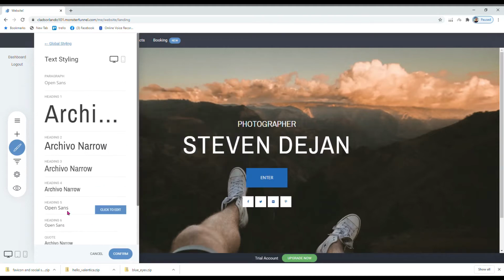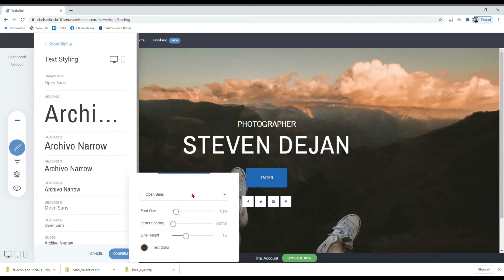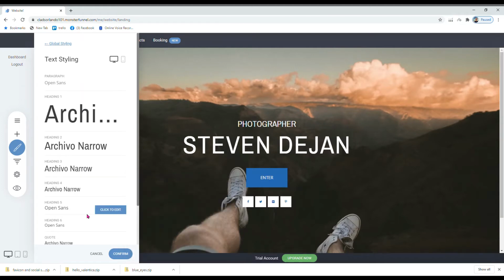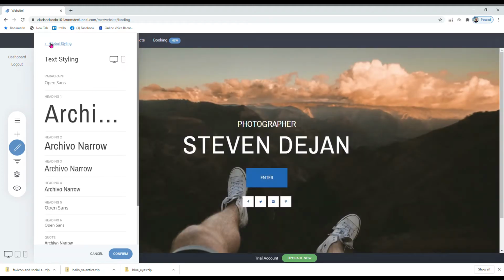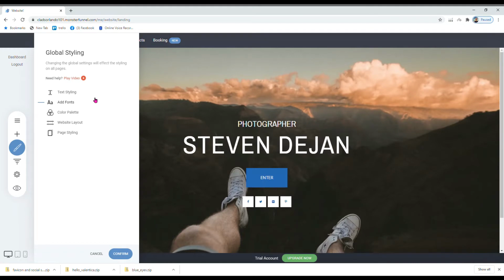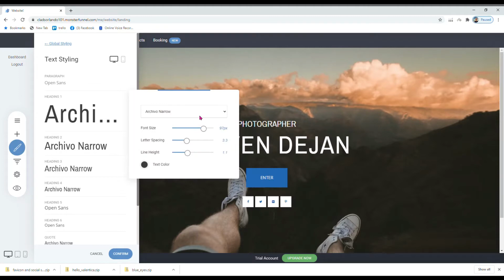If you want everything to be Archivo Narrow, that's okay. You can just click Edit. But I would suggest for headings 5 and 6, you use a different font to, well, create diversity in the design. Now you can also check how it would look on your mobile device by clicking here. Okay, if you want to go back, just click global styling,